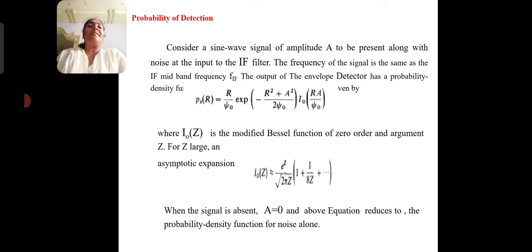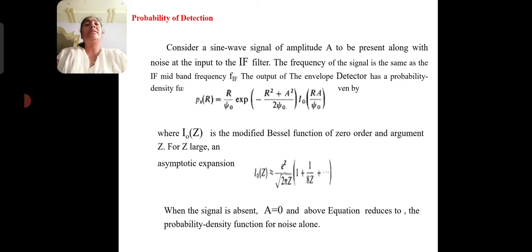The output of the envelope detector has a probability density function. So Ps of R is equal to R by psi naught exponential of minus (R square plus A square) by 2 psi naught, times I naught of RA by psi naught, where I naught of Z is the modified Bessel function of zero order and argument Z, for a large Z. Where the signal is absent, A is equal to 0, and the above equation reduces to